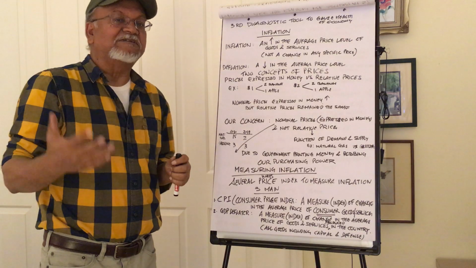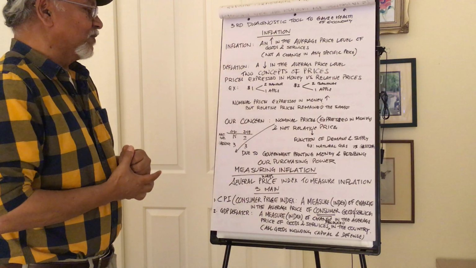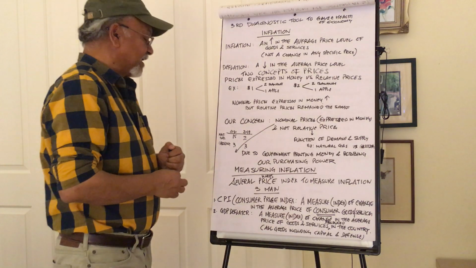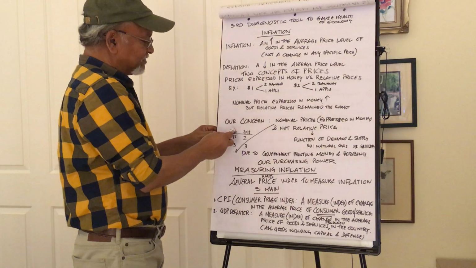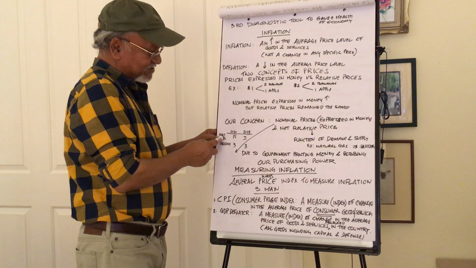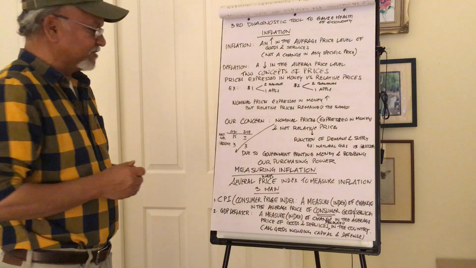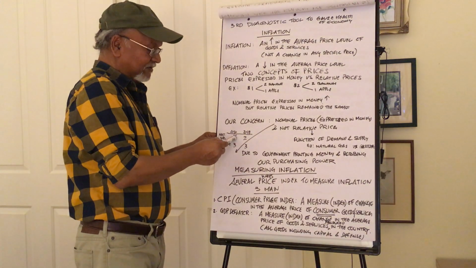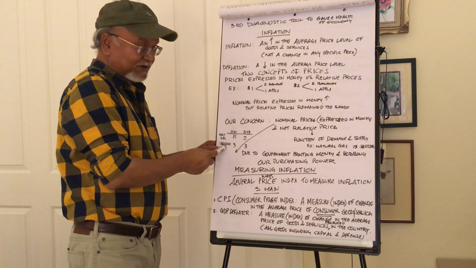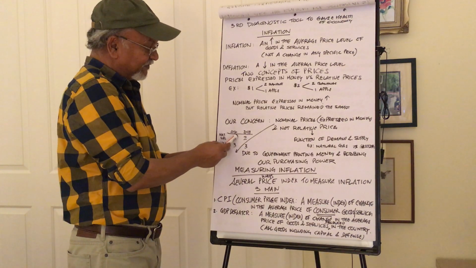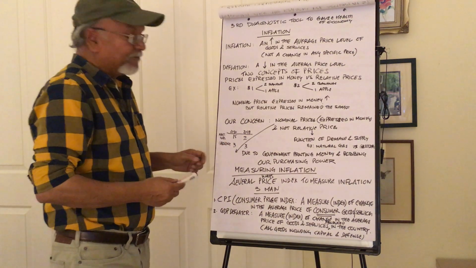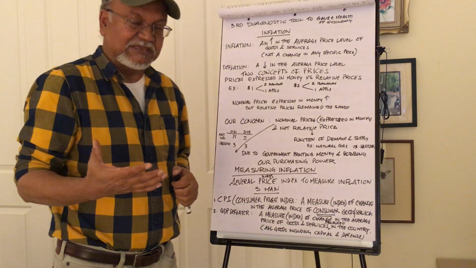Relative prices change because of demand and supply. So let's give you an example. Let's say in 2010, 1 unit of natural gas, which is measured in million British thermal units, costs $15, and your gasoline per gallon costs $3. So 15 versus 3. But now, because of fracking and